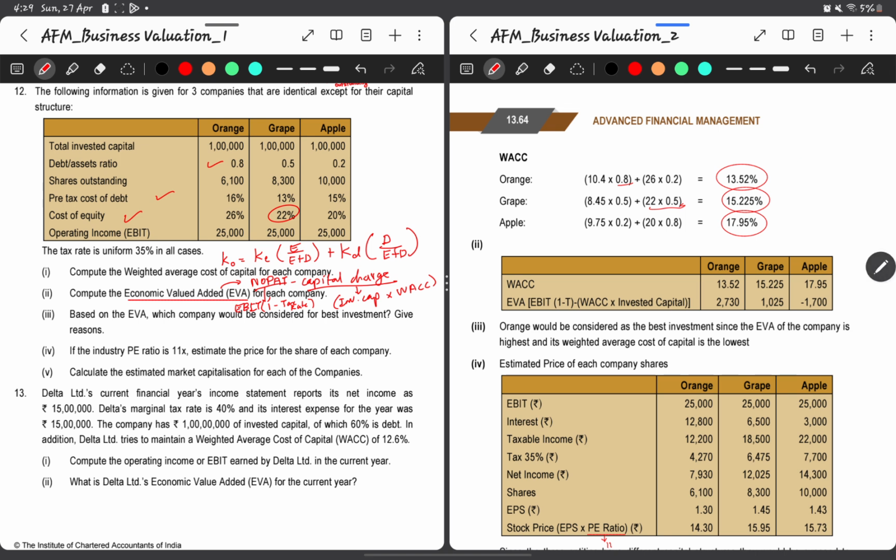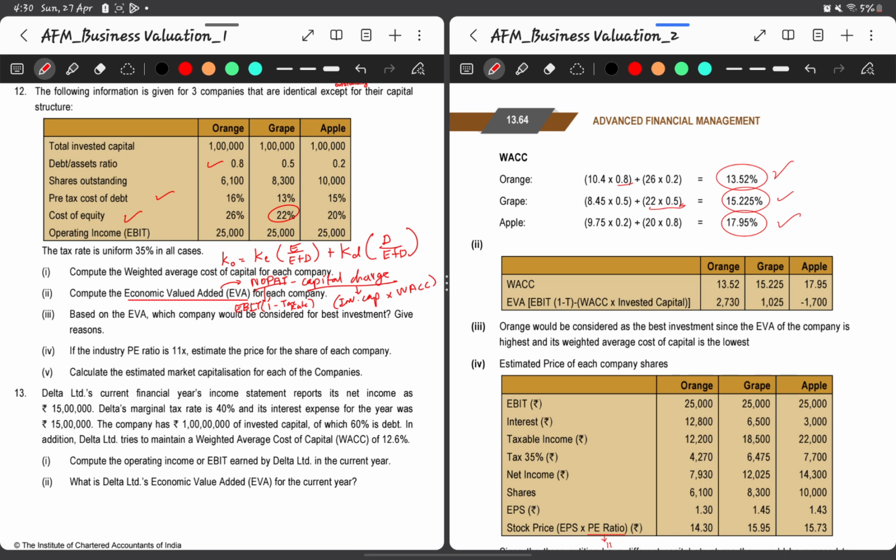We have found the overall cost of capital for the three companies, and we know the EBIT. So EBIT adjusted for the tax percentage will give us the NOPAT. Then the invested capital, which is 1 lakh in all the cases, multiplied by the overall cost of capital will give us the capital charge. Reducing that will give us the economic value added. As we have seen in the previous problems, economic value added is nothing but the extra value which a company is creating over and above its